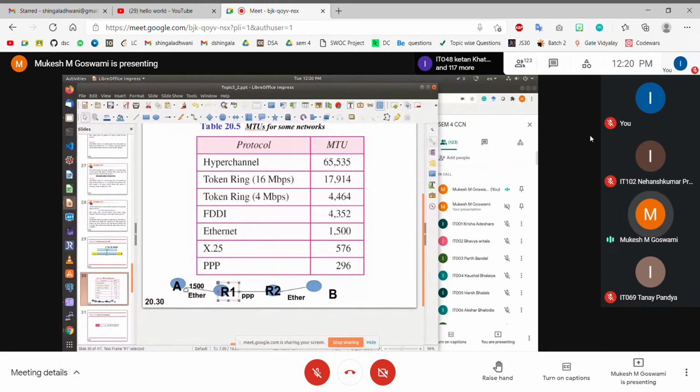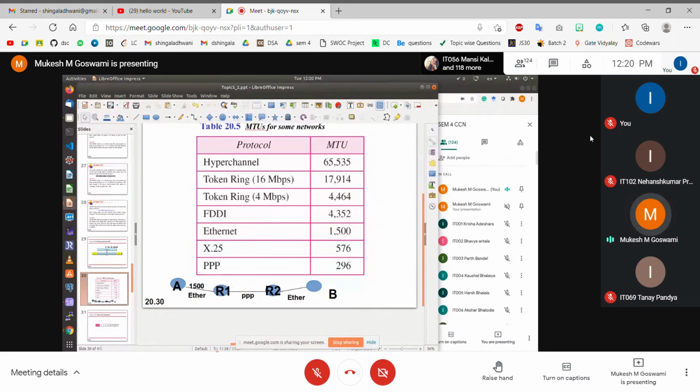So when this packet arrives at R1, R1 checks that, okay, this packet is for the destination B. Therefore, R1 decides to forward this packet to R2, right? Because R1 is not the destination. So R1 has to check where to forward this packet. R1 knows that B is connected via R2, so R1 will forward this packet to R2. And then R2 will in turn hand over this packet to B.